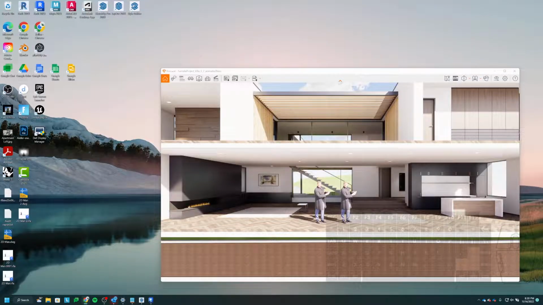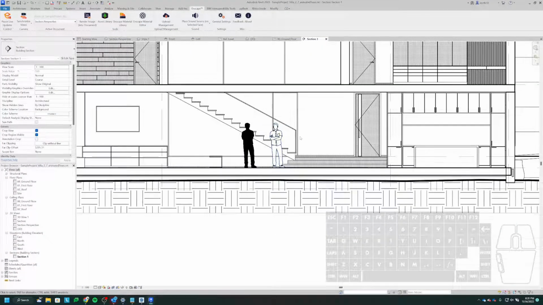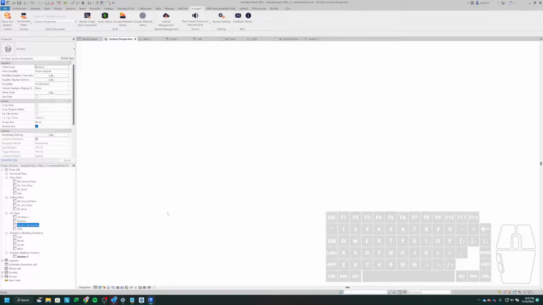Whoops, back to my Revit view. That's how you have something that looks kind of good in a 2D view for your 2D presentations. But then it's also going to look good in Enscape because it'll swap those assets out. Another thing that I should have mentioned, now that I'm thinking of it, if we do that section perspective,